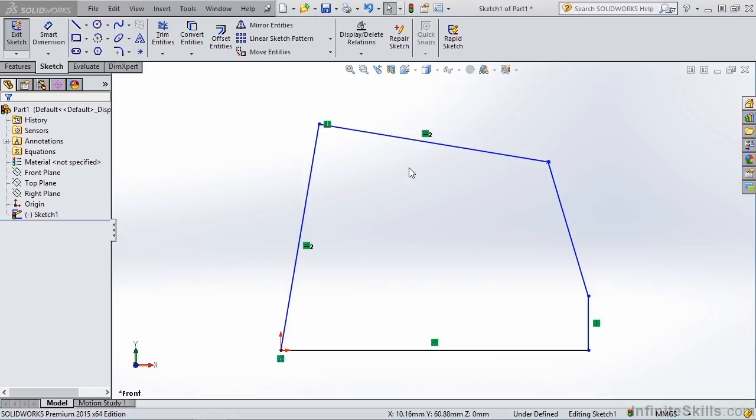Now let's take a look at another method for manually adding relations. If you recall just a couple seconds ago, when I applied this perpendicular relation between these 2 lines, I selected each line while holding down the control key. I then did the same thing for the equal relation. Now let's take a look at another method, a little bit quicker, for applying relations manually. I'm going to first delete the equal relation. I'll select it and then tap the delete key on the keyboard,